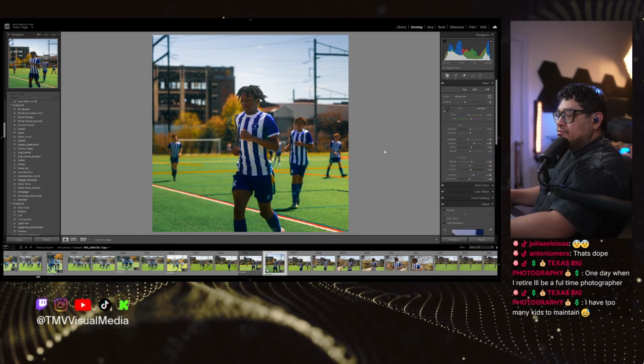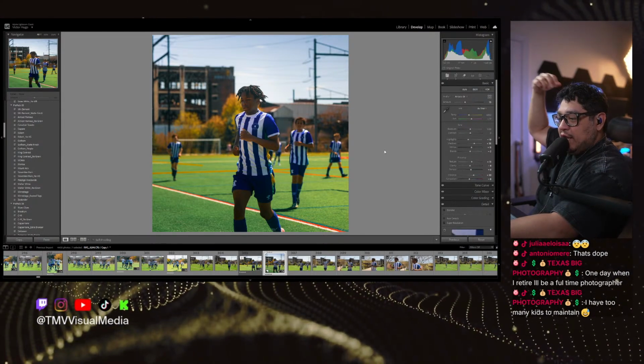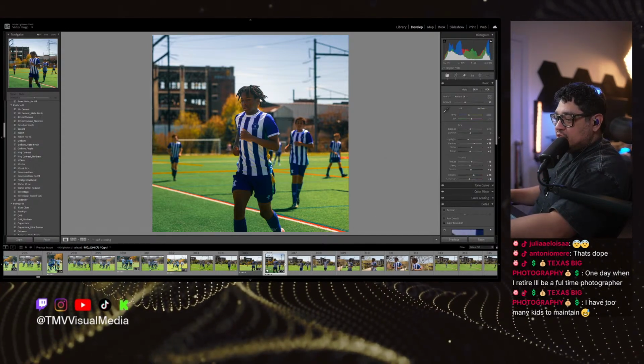Boom. Yeah, so that's more of a detailed edit, you know, so I'll go back and do this to all the photos that I select. But right now, just for the sake of this